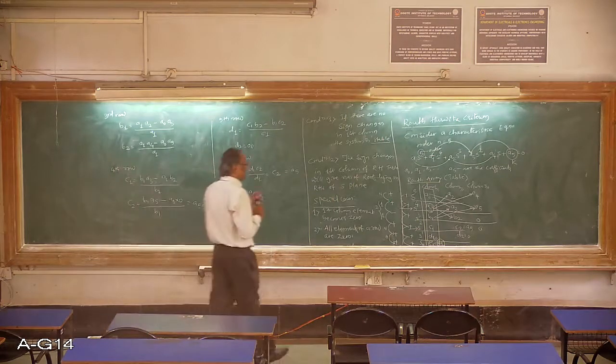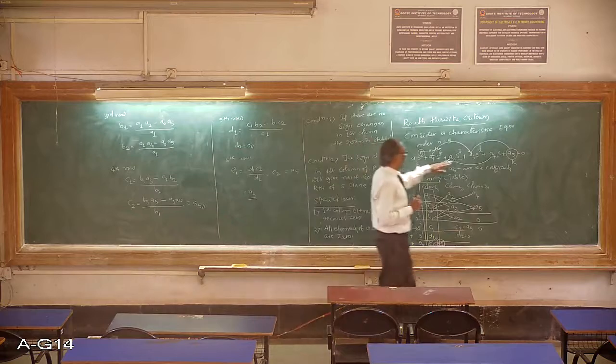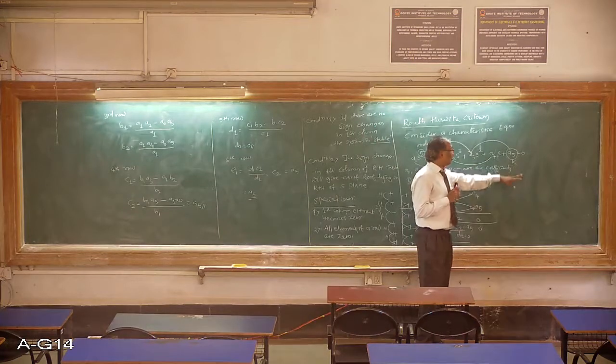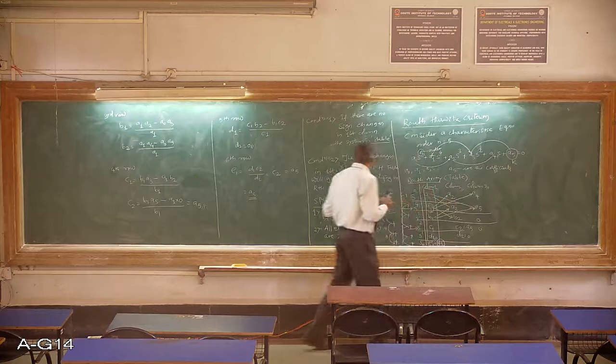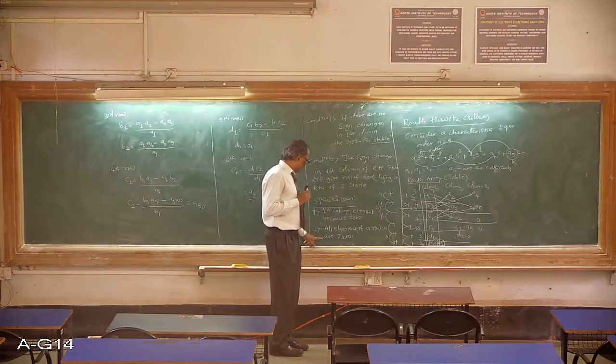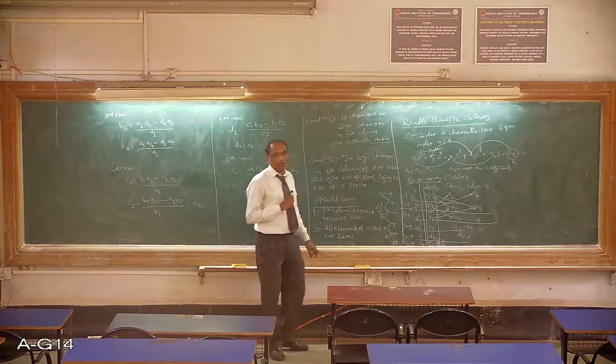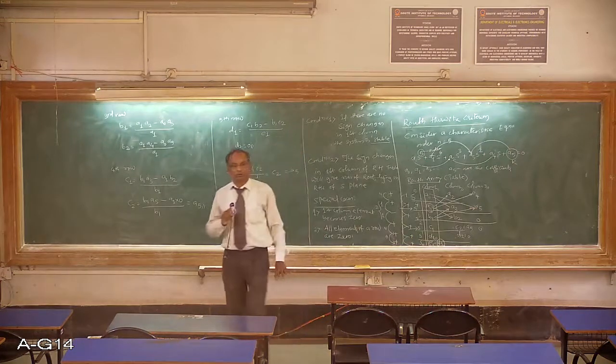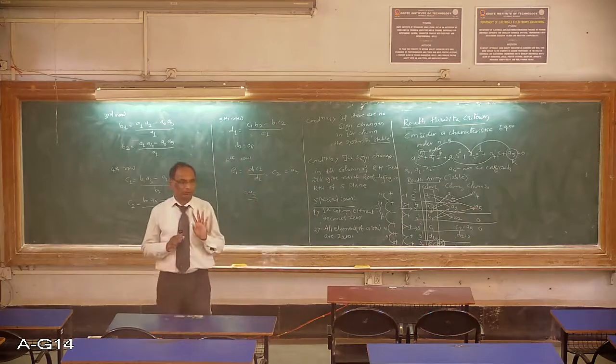So I will be taking one example of each: one without K, one with the value of K, one with the special case when the first column becomes 0, and one with the special case when all the row elements are 0. So I will be discussing 4 numericals.